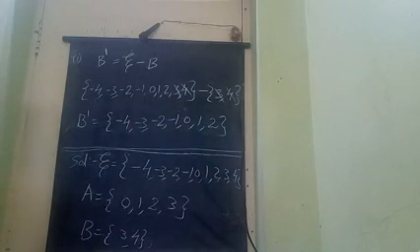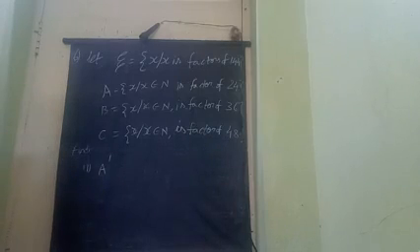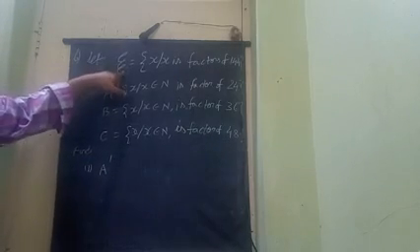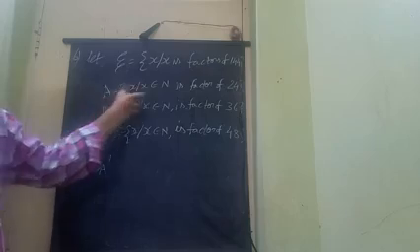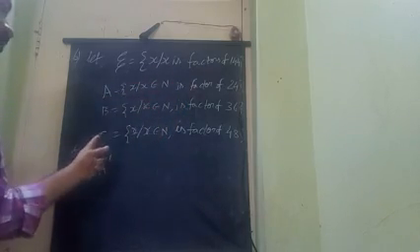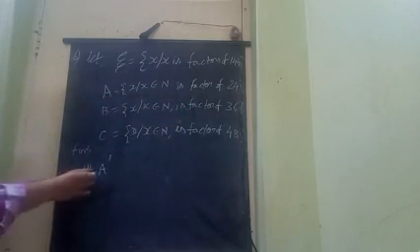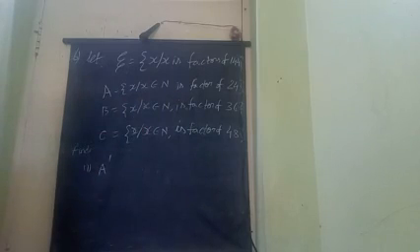And the next sum is the sixth sum, which we have to see now. Here this universal set is there. X is the factors of 144. A is the factors of 24. B is the factors of 36. C is the factors of 48. We have to find that. The first sum is A complement.